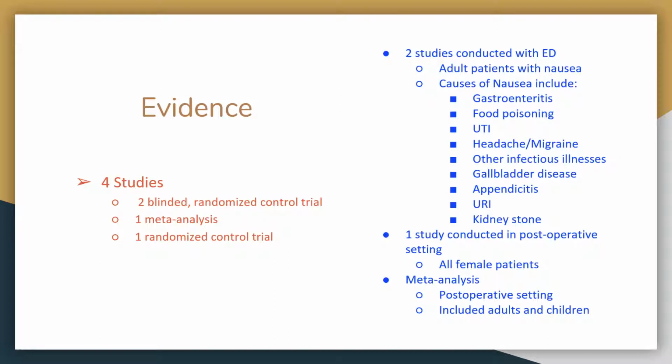There were 2 blinded randomized controlled trials. Both of these were conducted in the emergency room. They were all adult patients presenting with nausea. The reported causes of nausea included gastroenteritis or food poisoning, UTIs or URIs, headaches, gallbladder and appendicitis, and kidney stone. There was another randomized controlled study that was done in a postoperative setting, and it was an all-female